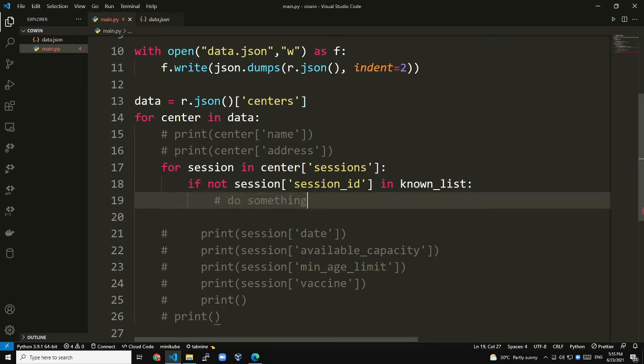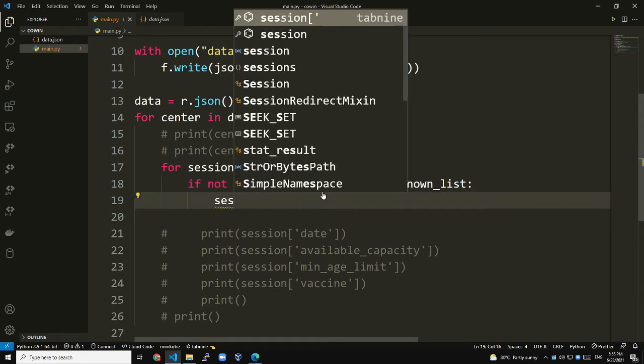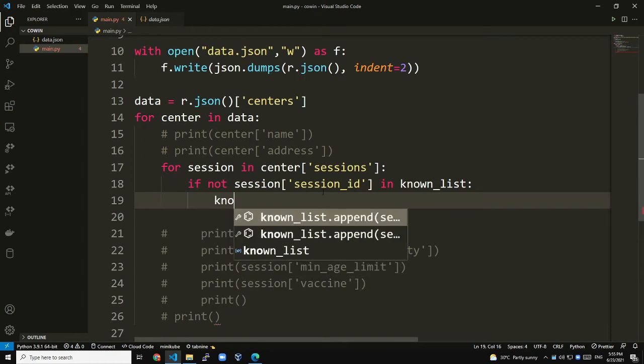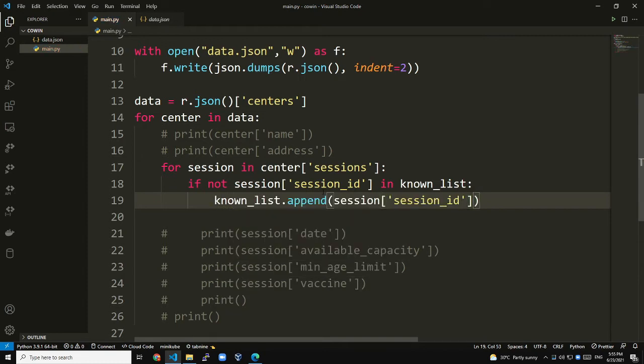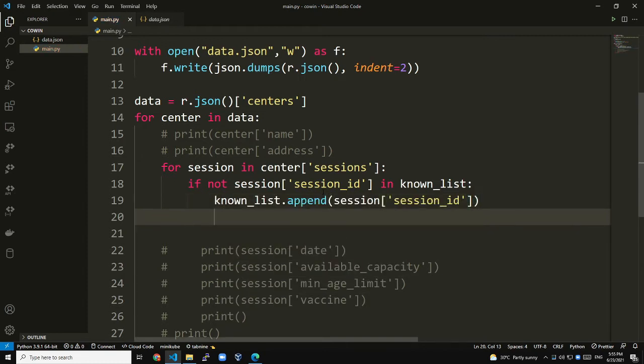Okay, so we're just going to do this. We're going to do known list dot append session ID like that, and then we're going to update the CSV file, which is going to be